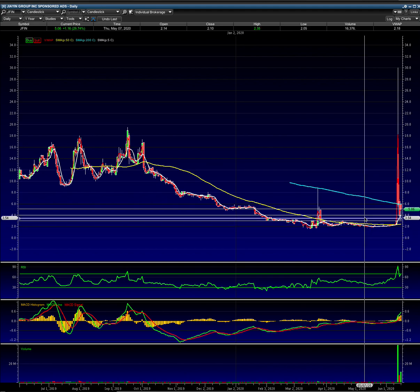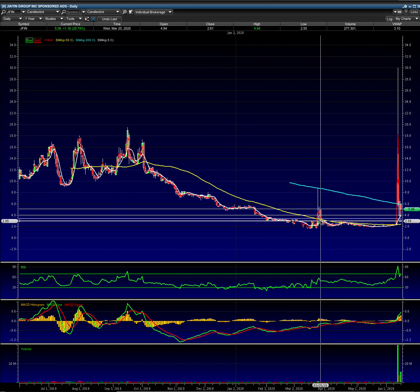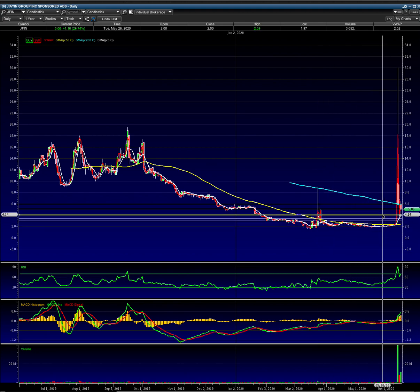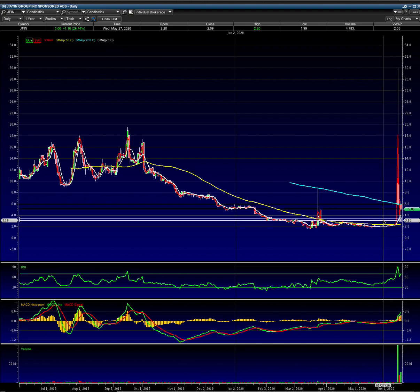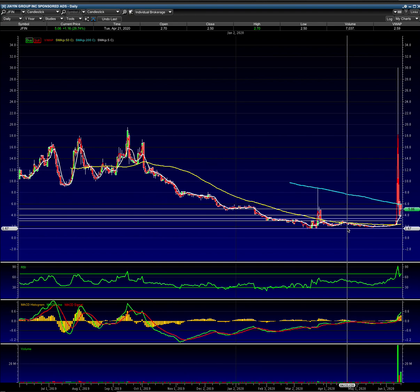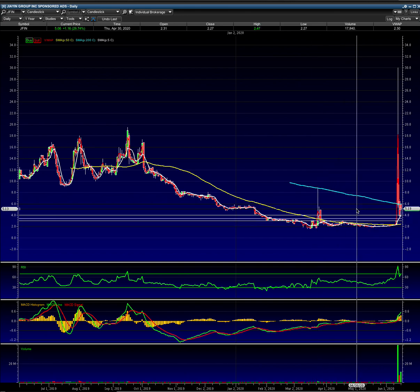But as my second play earlier this week, last week, I got in about 350 and sold about 430. So I'll be looking for maybe a 350 load ideally. And if that can't hold, it's $3. Those are my loads. So if 5 holds, obviously I'm loading 5. If it doesn't, I'm looking for the 4 to hold, 350, then 3. If that can't hold, it's going to be a panic. Look, it was down at 170, but